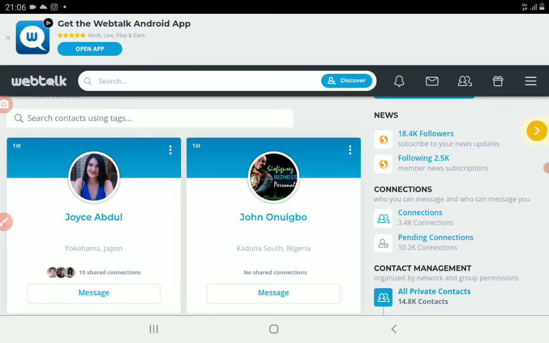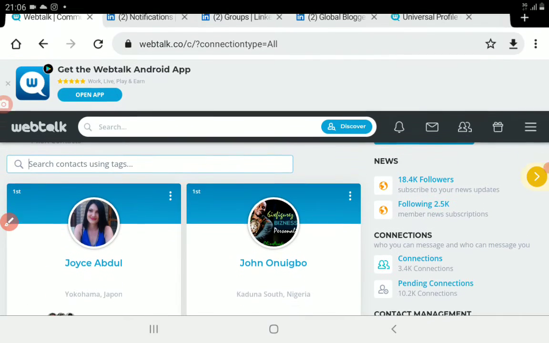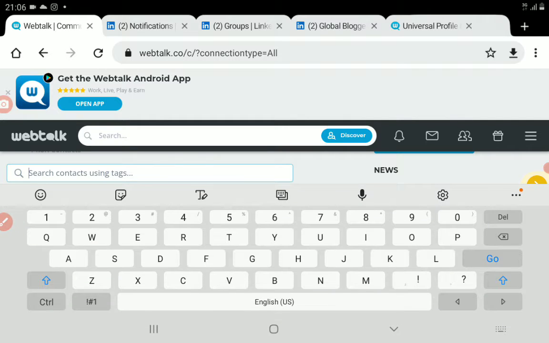Here you see search tags on top, search contacts using tags. This is where I'm going to use those tags to search. So I use the tag L5 for the guy, and let me search. Click go to search,